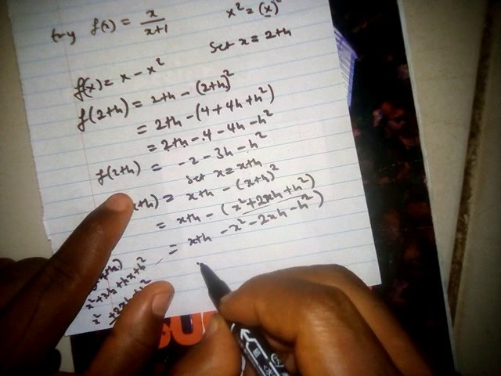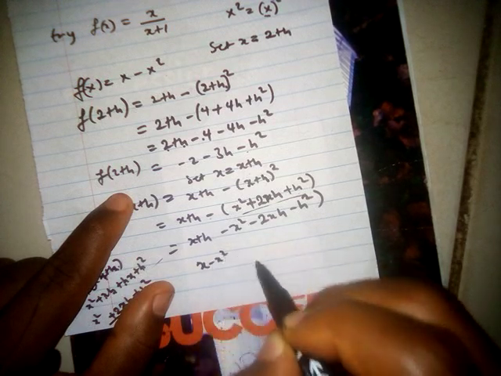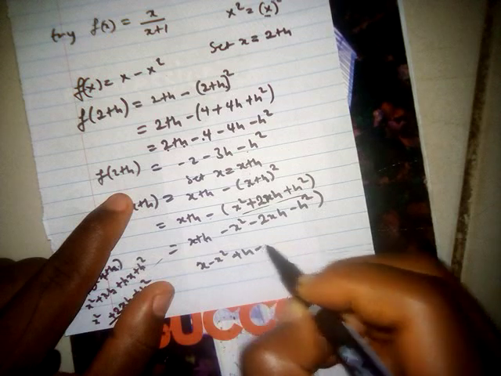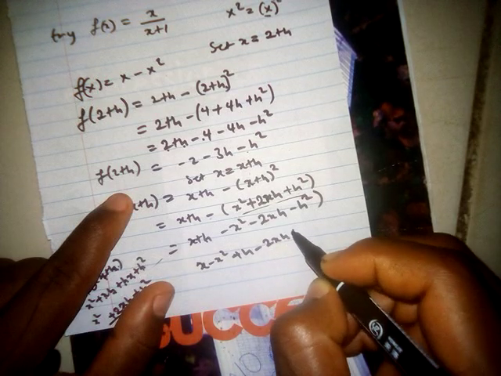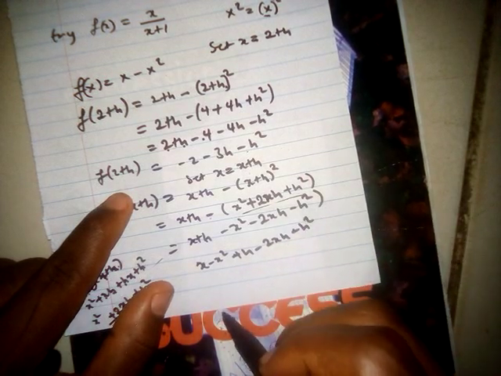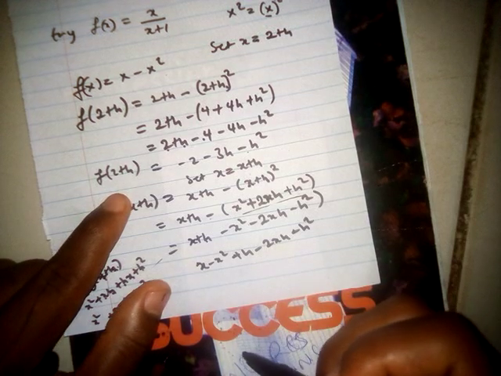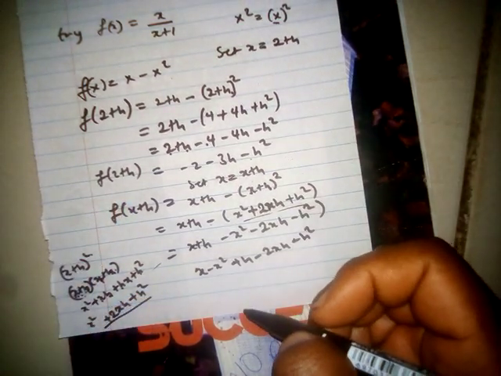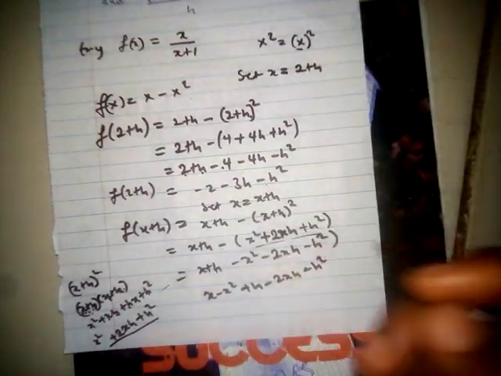I can come here and say, okay, x minus x square. Then we have plus h minus 2xh minus h square. So we move over to the next question. The last question is